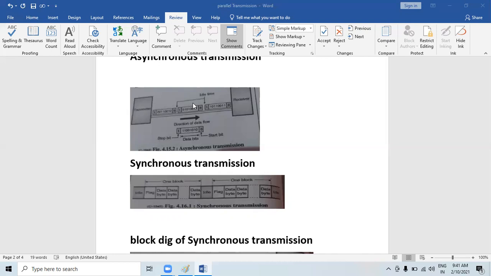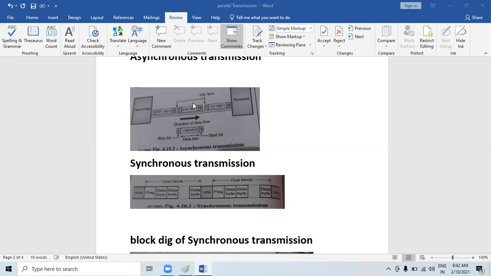So the disadvantages of asynchronous transmission are: additional bits called start and stop bits are required to be used. It is difficult to determine the sampling instance, hence timing error can take place. The start and stop bits and idle time, that is gap time, make the asynchronous transmission slow.